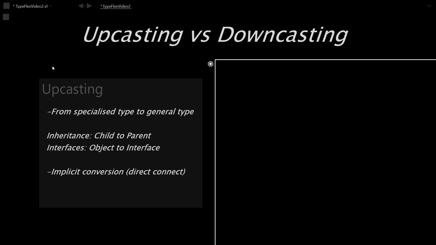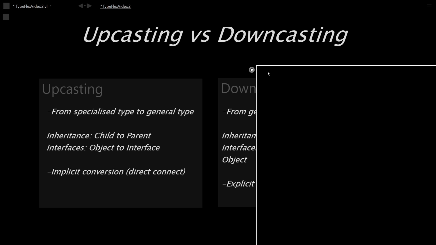Upcasting. This is when we go from specialized type to the more general type. Inheritance, that's going from child to parent. Interfaces, that's going from object to interface. You'll see all this in practice soon. And that's an implicit conversion. We can directly connect those. And